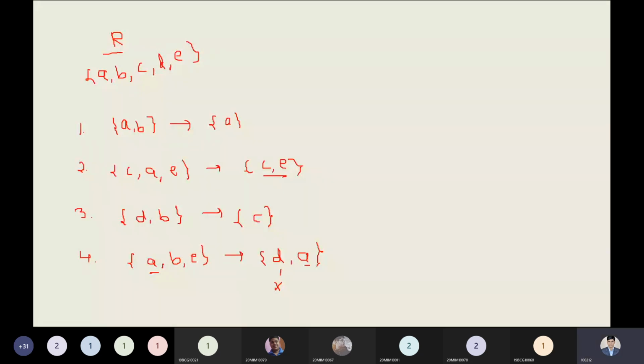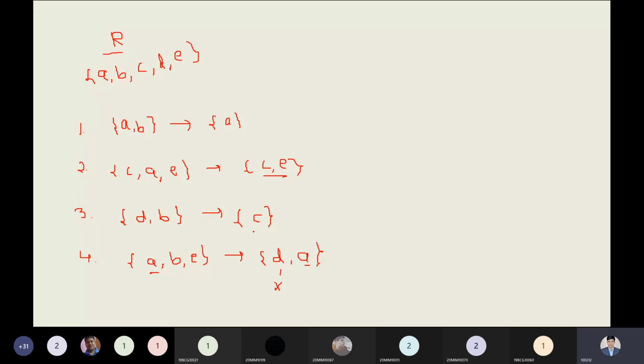Because a whole set has to be the subset. Yeah, that's the point. You are on the right track. Please continue your statement. So the whole set DA has to be a subset of A, B, and E. That means every element of DA has to be in A, B, and E. Yeah, super. So this is a good point.